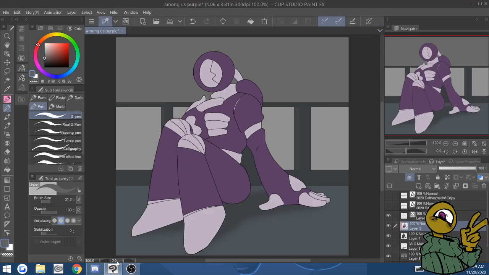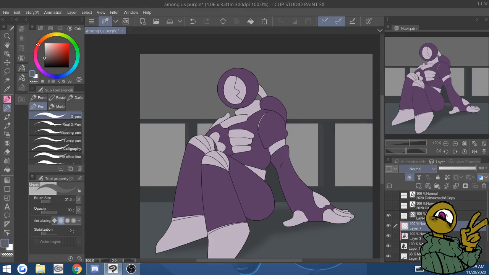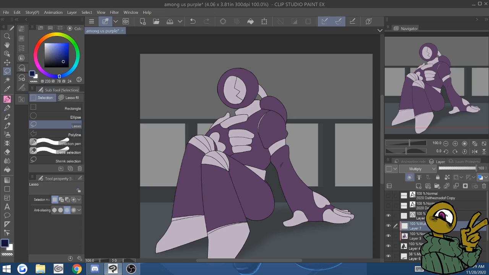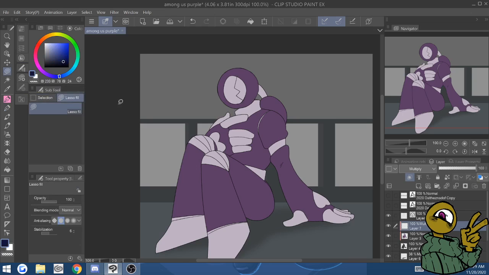Okay, so normally when I'm shading, I make a new layer. I'll go with my color layer and set it to multiply. Depending on the shade, I'll usually go with a dark blue for my shading. I will pick a direction that I want the light to be coming from, and I use a lasso fill